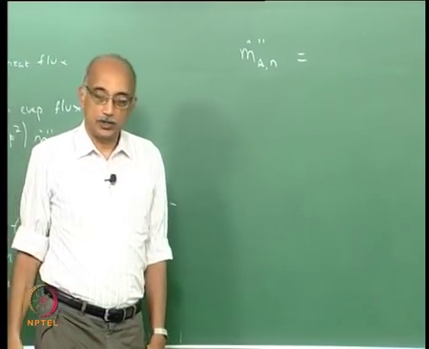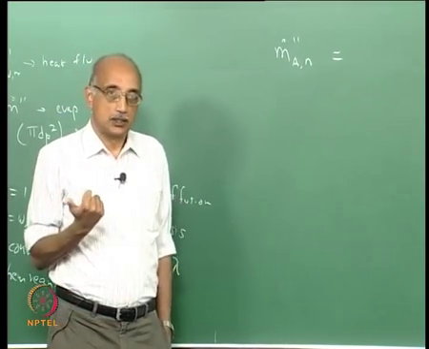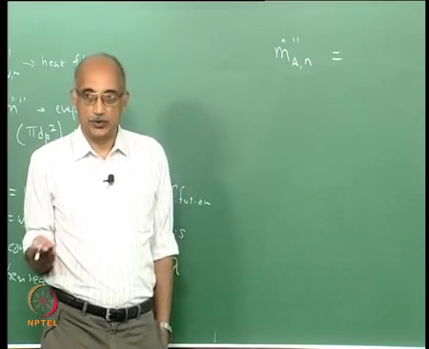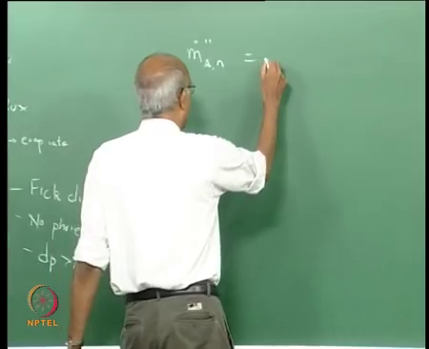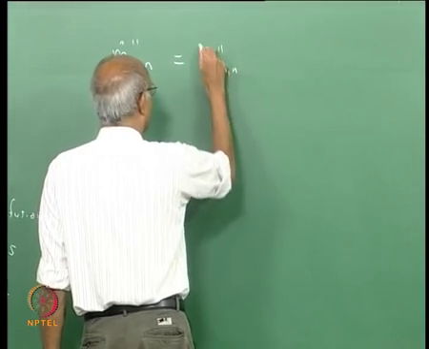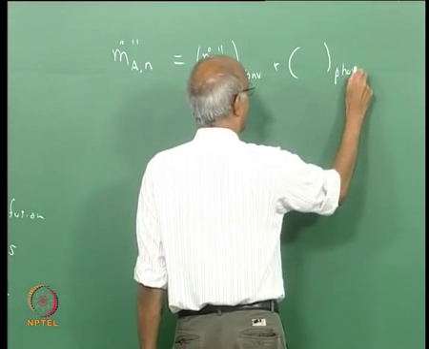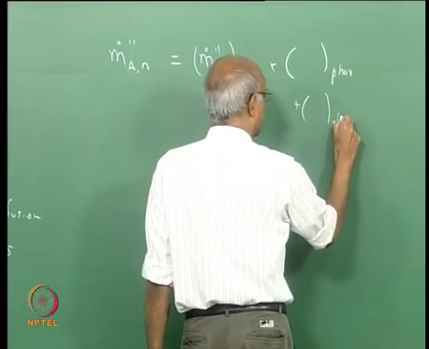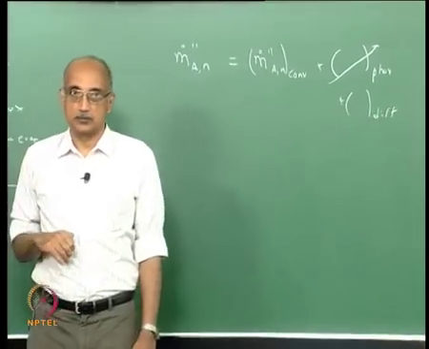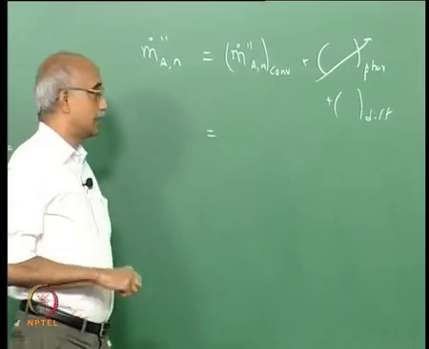This then, if you recall the expression we wrote in the last class, will have three components. There is a convection component, there is a phoretic component, and there is a diffusive component, right. So, you have M dot A N convective plus the same phoretic plus the same in diffusive mode. Now, we have assumed that phoresis is absent, so that term drops out, and the expression for the convective transport